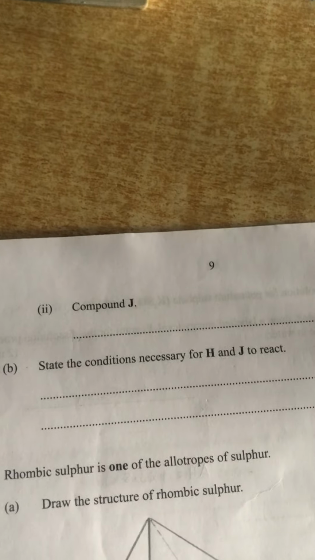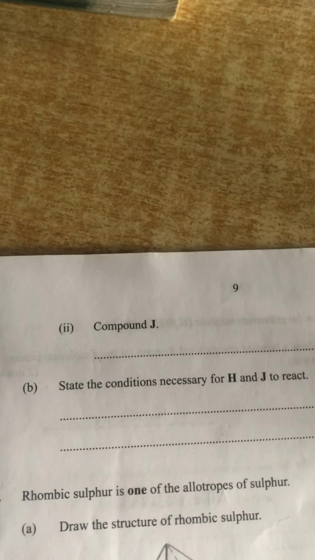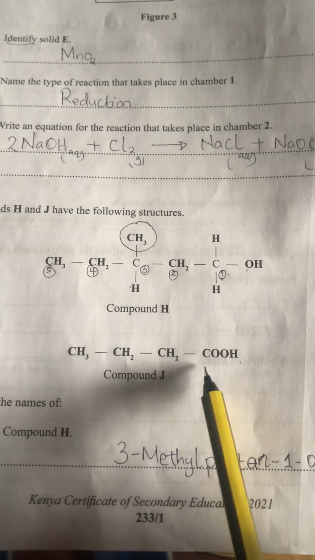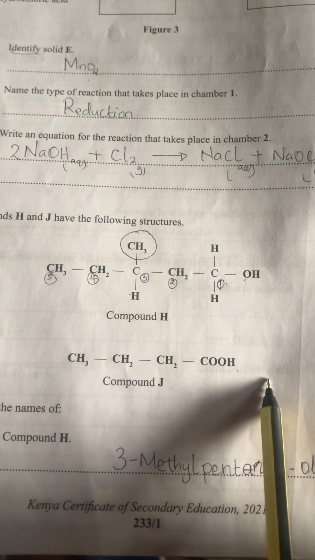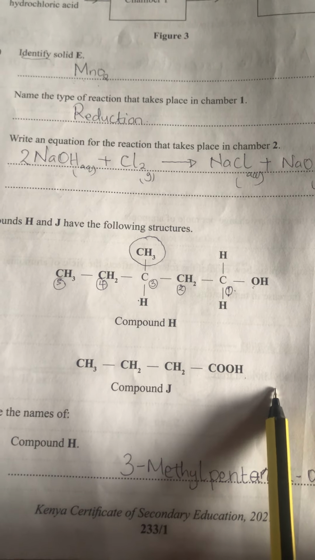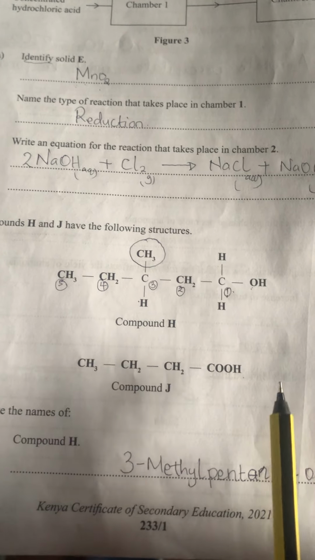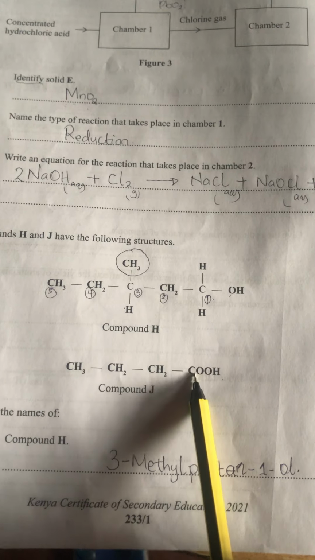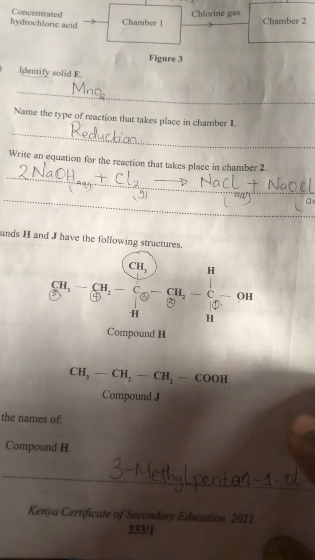Roman 2, compound J. So if we go back to compound J, you can clearly see it has the alkanoic acid functional group. And how many carbons do we have? We have 1, 2, 3, and 4. So that means